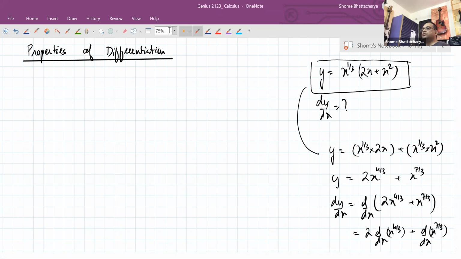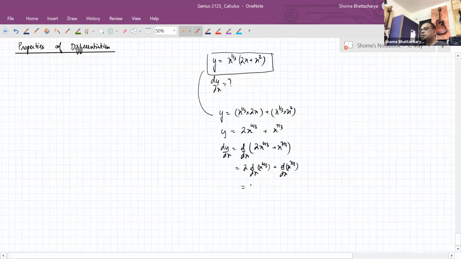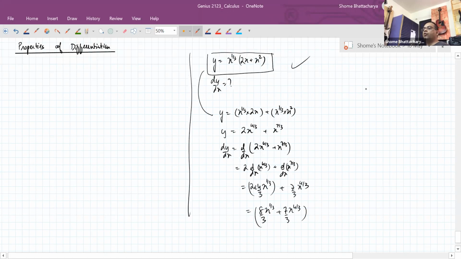So the derivative of this function will quite easily come out to be like this: 2 into 4 by 3 x to the power 1 by 3, right? Plus 7 by 3 x to the power 4 by 3. So this will become 8 by 3 x to the power 1 by 3 plus 7 by 3 x to the power 4 by 3. Whatever. We can take some term common and all that also. So this is fine. But what if we have a function of this type now, where it is expressed as